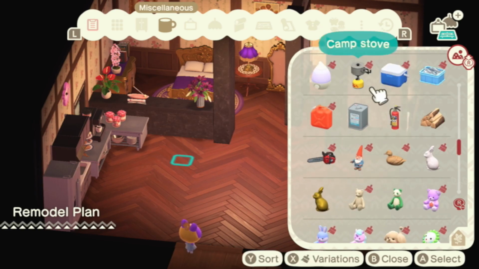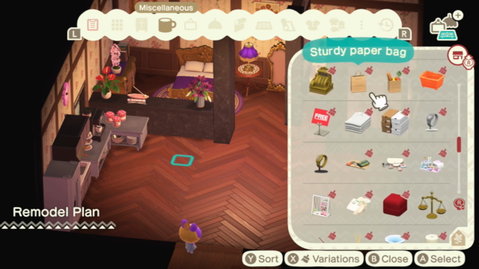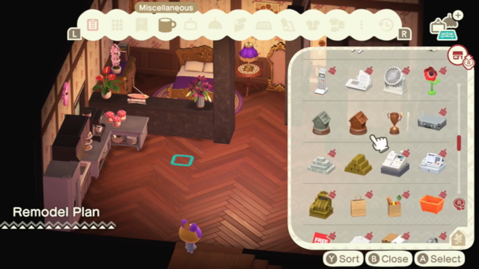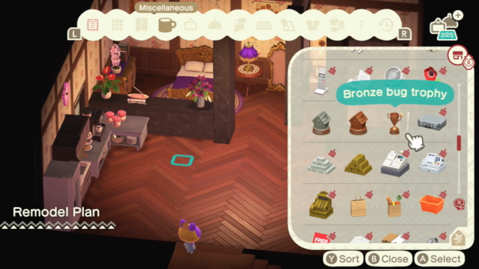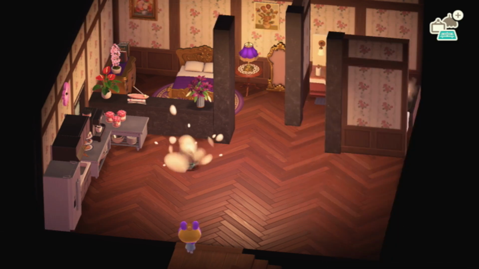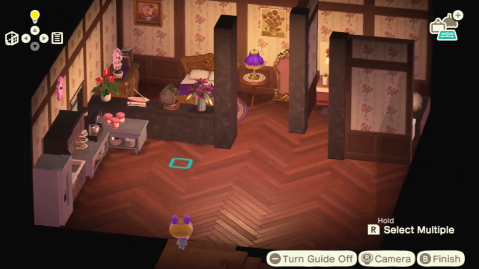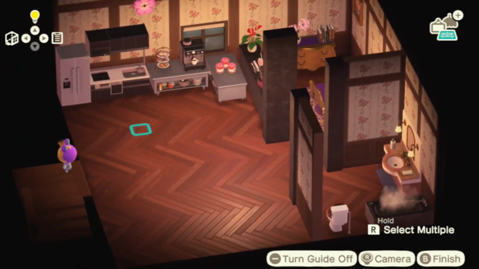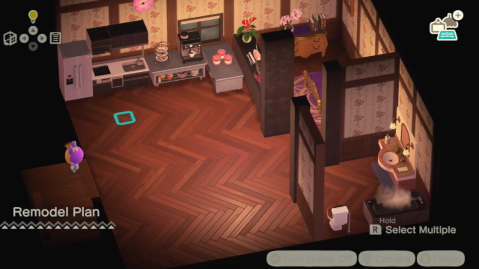I feel like we need a trophy or something for her. Too bad they don't have an Oscar. Ha ha ha. Oh wait, but it's bronze. Ooh, bronze, silver. I don't have gold. Poop. Well, we could give her a silver trophy. You know what? Let's totally give her a silver trophy. Boom. There we go. Okay, so we got this, and now we have to figure out her